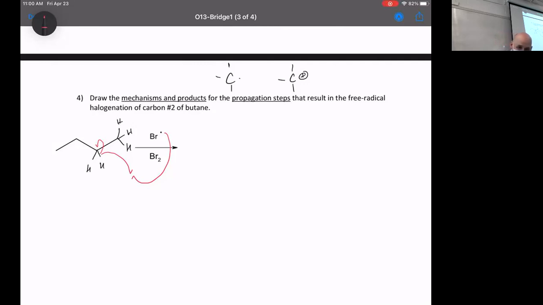Again, these arrows start at the electrons, which are in the bonds. There are no arrows that start at H's or C's. They always start at the electrons. All right, so what this story is telling us is that this radical is getting together with one electron from this bond, that bromine and hydrogen are making a new bond, and they're gonna run off together into the sunset. Good for them. But what we have made is now a new carbon radical, specifically on one of those interior carbons, like carbon number